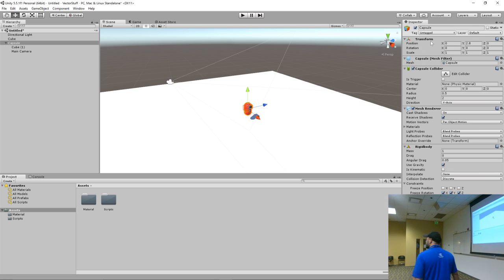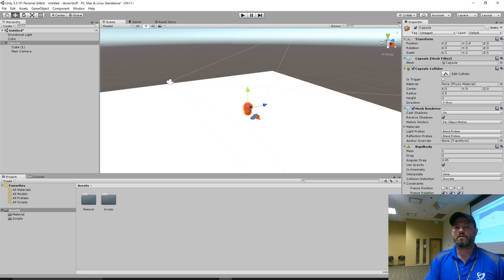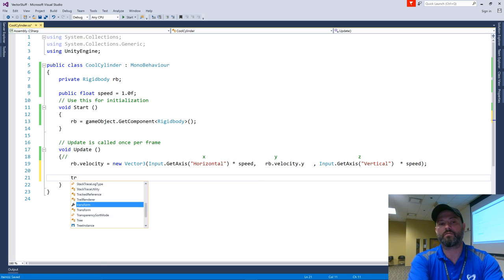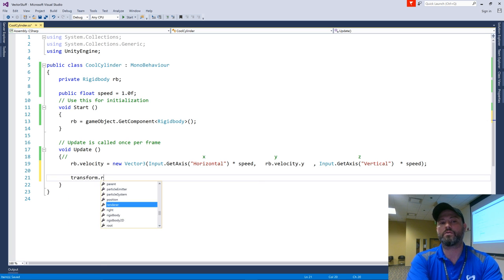Up until now, we've been basically just talking about positional stuff. Transform is going to hold your position, right? But it also holds rotation and scale. So we want to manipulate, we want to rotate this. And Unity is really cool about that, because it's like, I know people want to do that. So I can just do transform dot rotate.